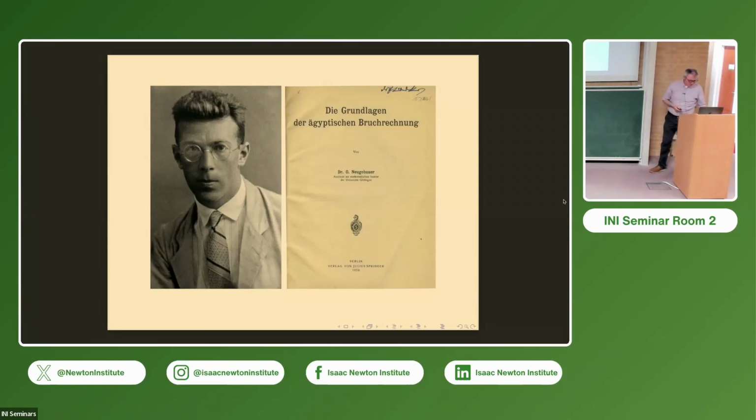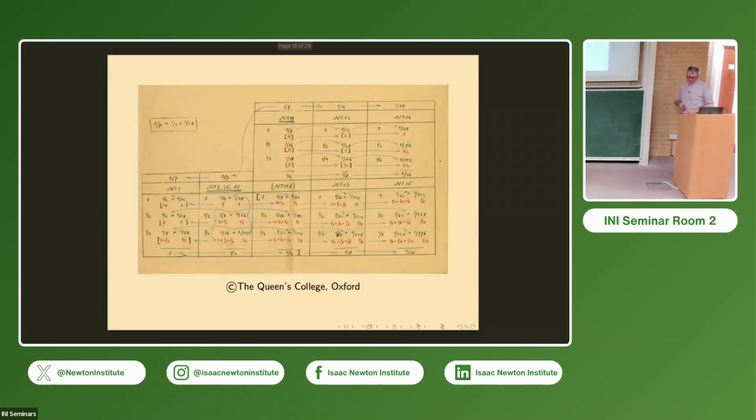And so you can see this in particular in this table. I'm not going to go into huge detail about what's going on here, but this is a centerfold of one of the letters that he sent to Peet, and it's an elaboration of some of the things he includes in his dissertation. So in each of these blocks is a problem from the Rhind Papyrus. And what Eisenlohr had done in his edition is he helpfully numbered all the problems. And so we've got this canonical numbering to work with.